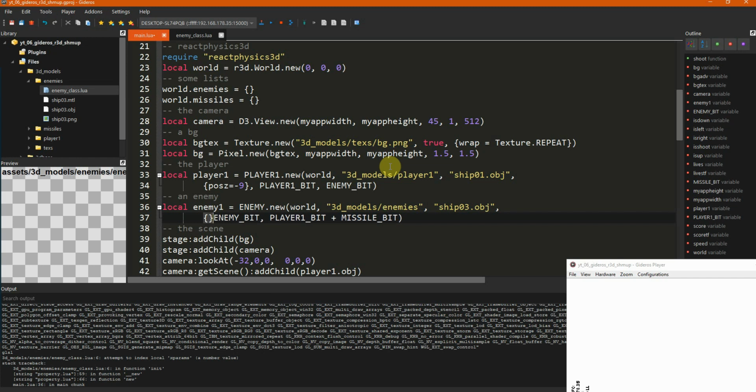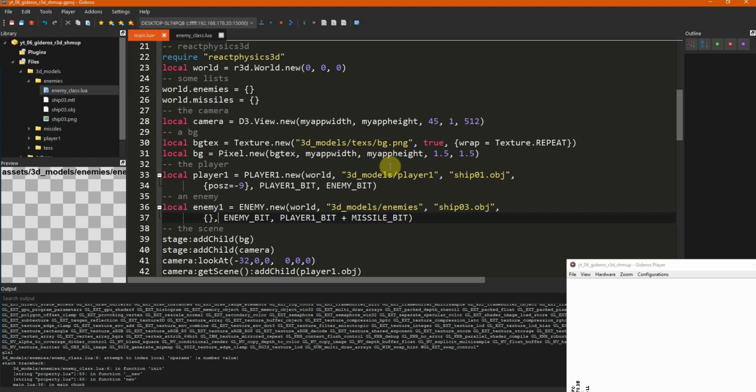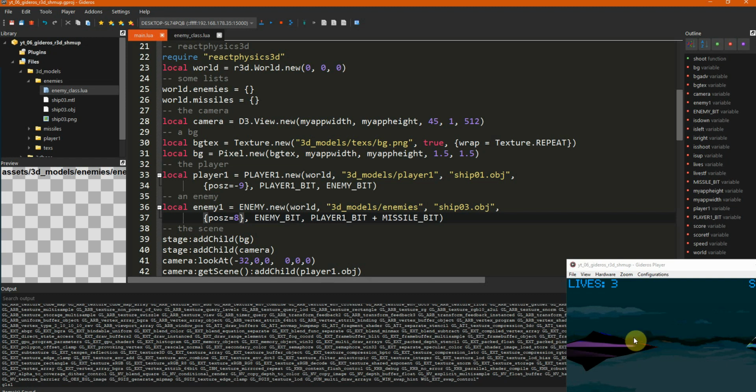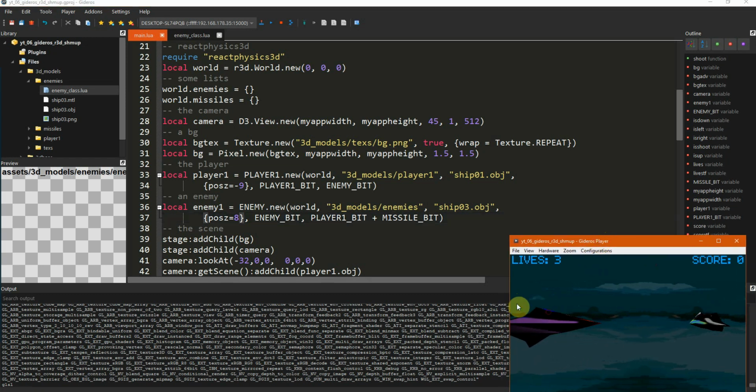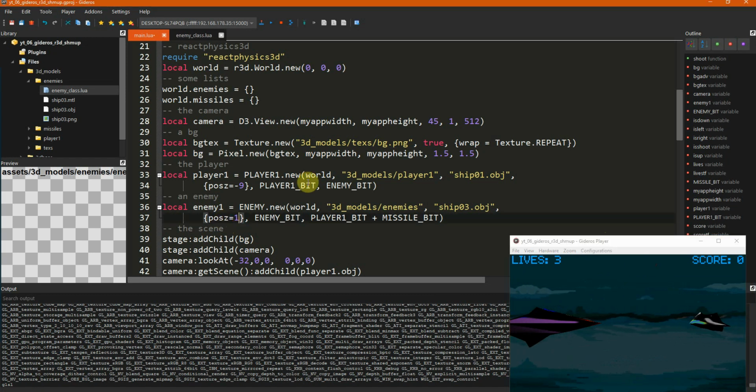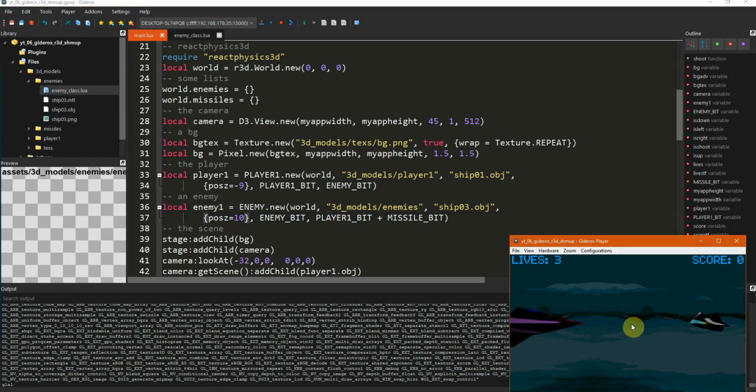Let's add a table, and position z equals, let's say 8. Let's test. Cool. Got my new enemy. Let's position it on the z-axis 10. Okay, it's moving accordingly, so that's fine.